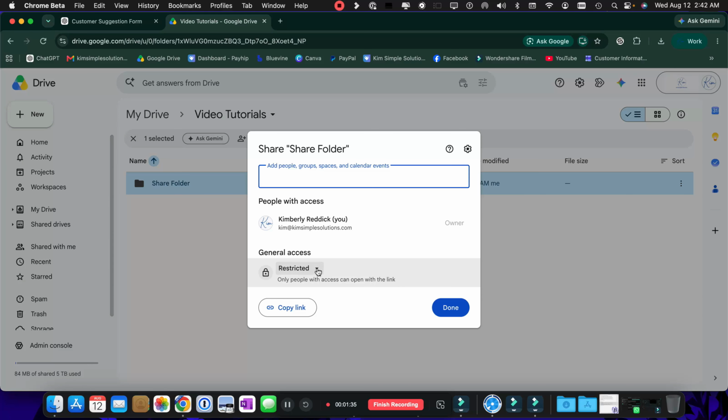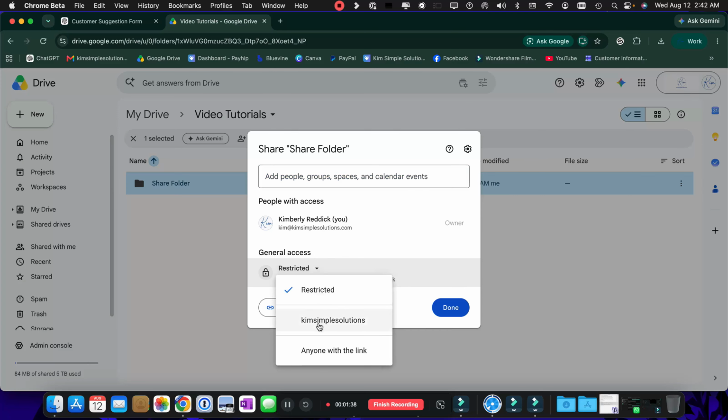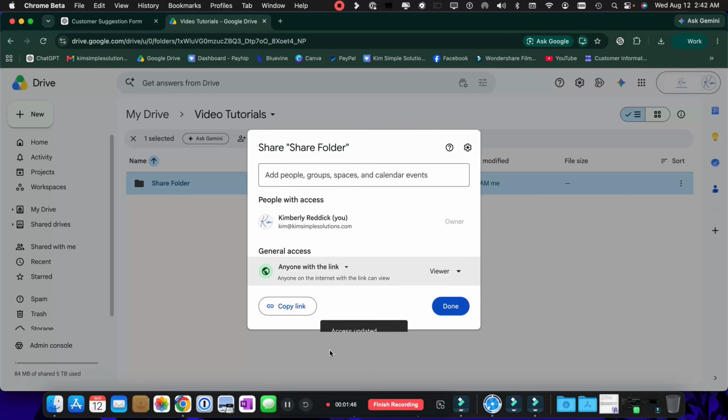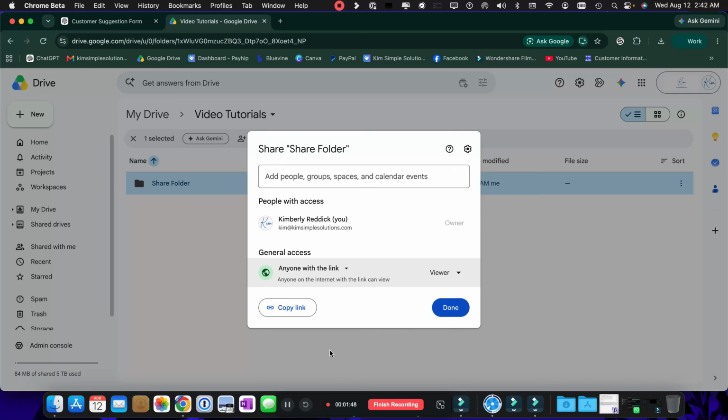So we're going to click the drop down button, and then you're going to see that you can either just add yourself or you can have anyone with the link. So I'm going to click anyone with the link, and it's going to default to they only can look at the files. They can't edit them or do anything else. You do have other options. If you click the drop down link here, you'll see that you can add a commenter or an editor. And an editor, as you can see, can organize, add, and edit files. You want to be very sure if you add an editor because they're going to have basically God rights in